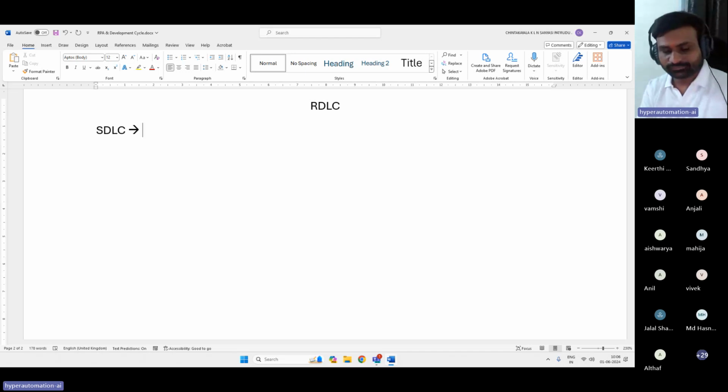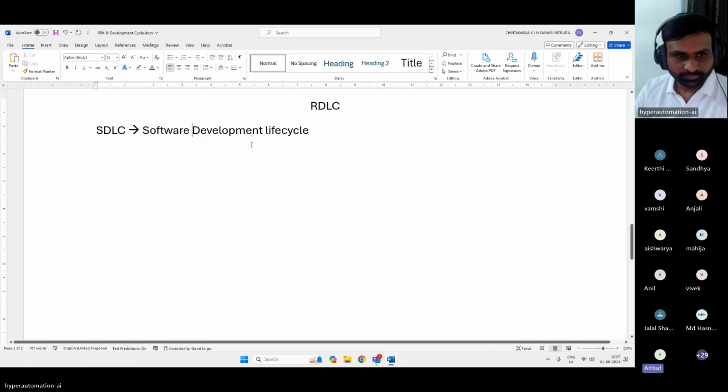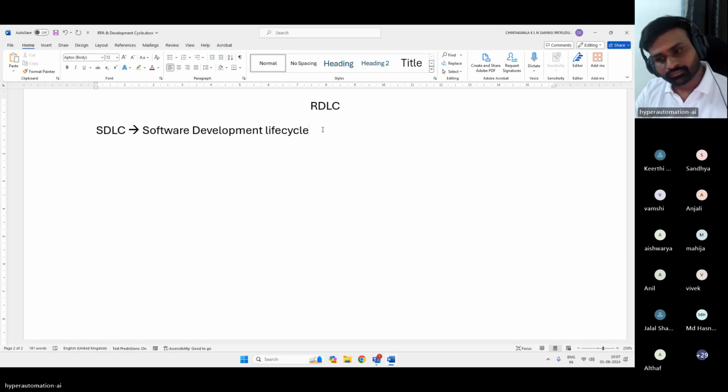What is SDLC? Software development lifecycle. Perfect. How the process flow happens when any process or any automation or any use case has been initiated. What is the procedure to be followed in order to deploy into production? Okay. Perfect. So software development life cycle.